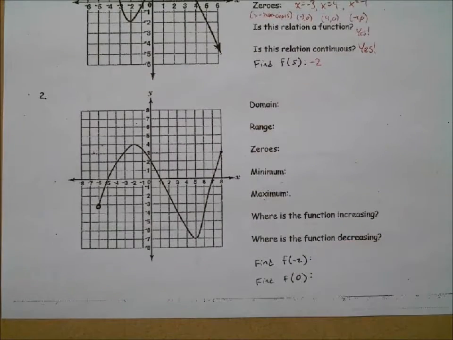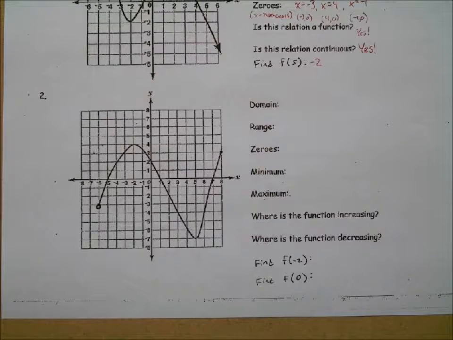Okay. I'm going to do the domain and range together with you, and then I'm going to let you answer the rest of the questions. But we'll do the domain and range together first, because that's the trickiest. What's minimum maximum? I would say give me the coordinate. Give me the coordinate of the minimum point and the coordinate of the maximum point. Okay, x, y coordinate. Does that answer your question?